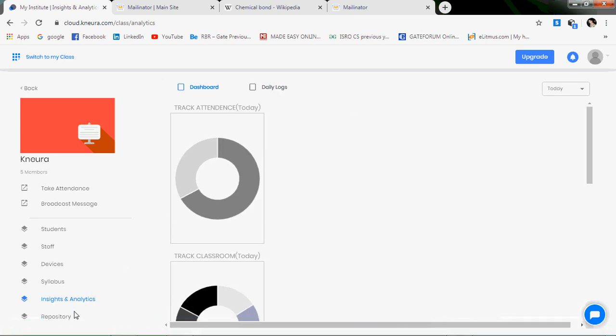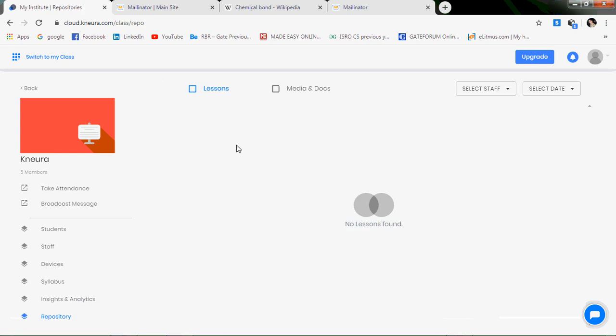One more advanced feature is repositories. So admin will also be able to see what is going on in this particular class, whether the teacher has prepared any lesson, shared any lesson with the student, or shared any media file or document file with the student.